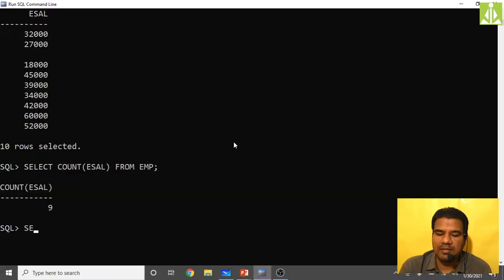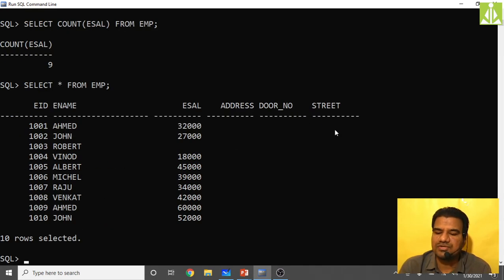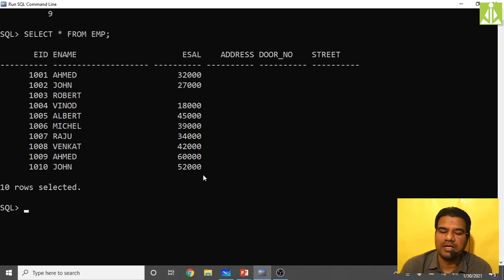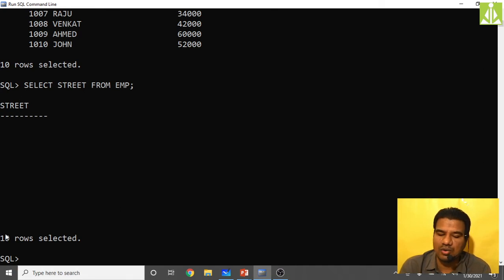See here in our table, select star from EMP. We have certain fields like the street field, which is completely empty. So just apply the count function on this street field and see what output you get. Ultimately it has to show 0, isn't it? If I type select street from EMP, it is selecting 10 rows but with no entries, as you can see.